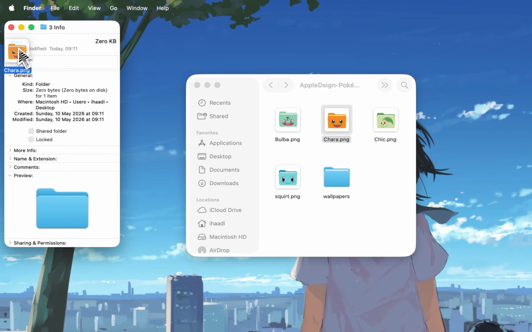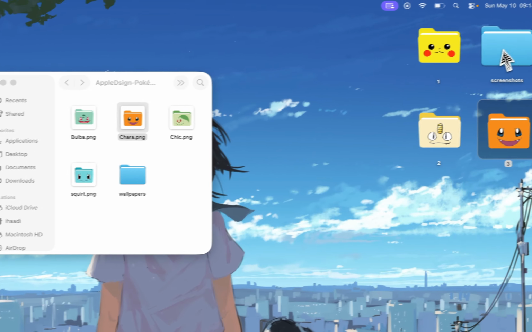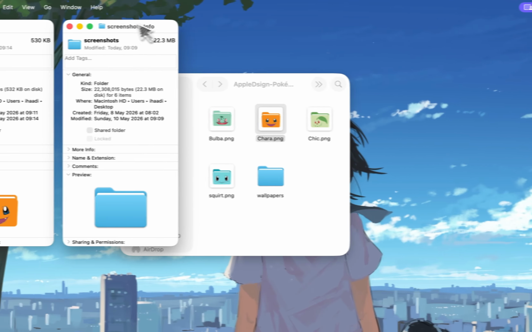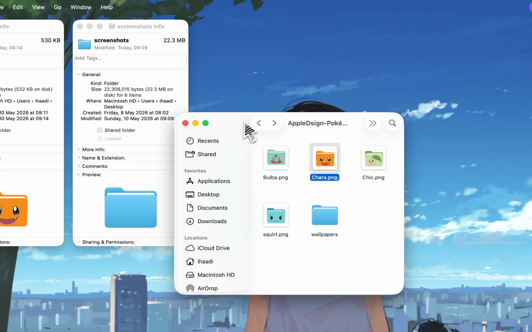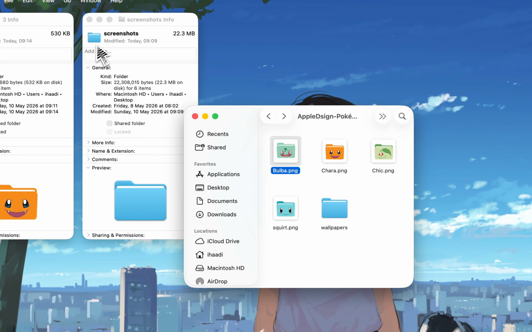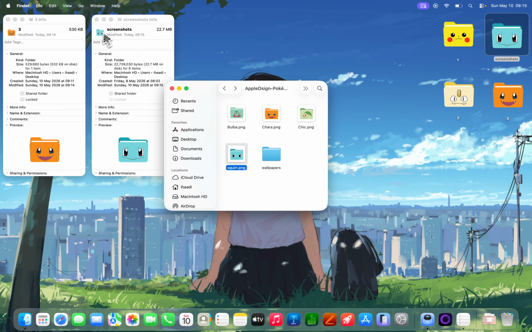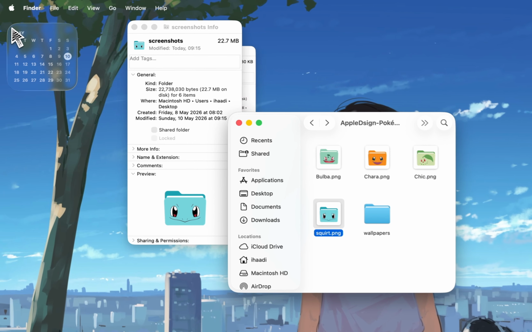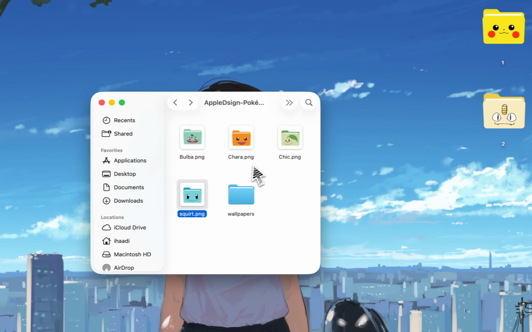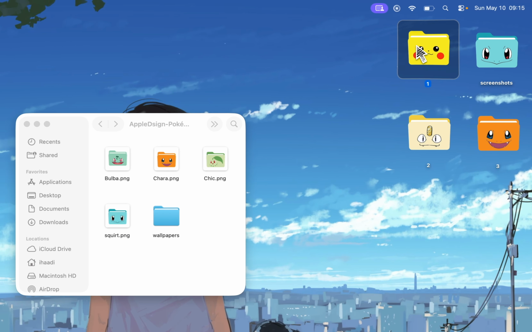Let's drag this and drop. Fourth, Command I. Drag and drop. Drag and drop. Alright, so what's my password? So be it. So it's quite simple, and now you have the Pokemon looking icons 1, 2, 3, 4, as